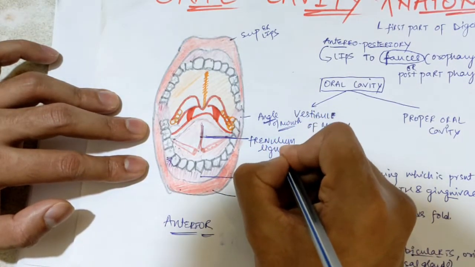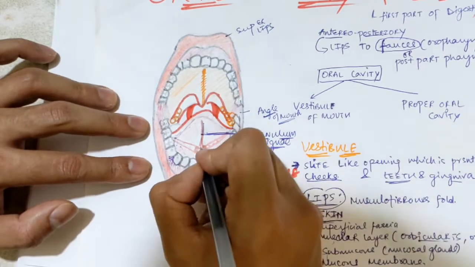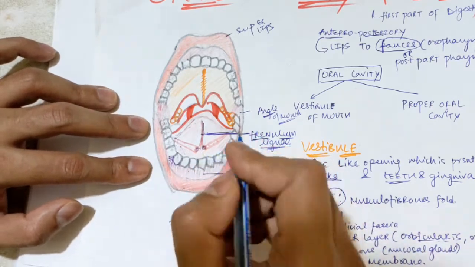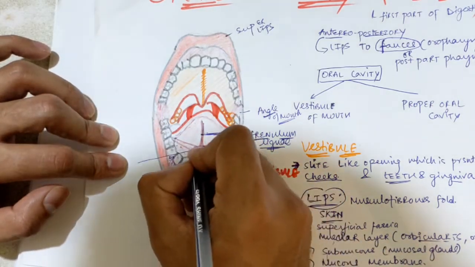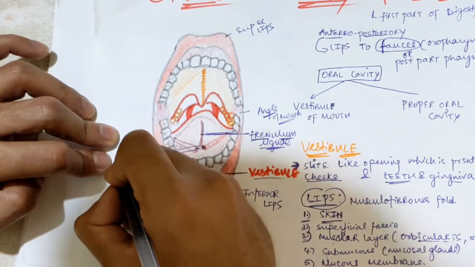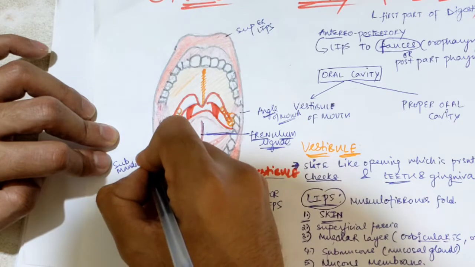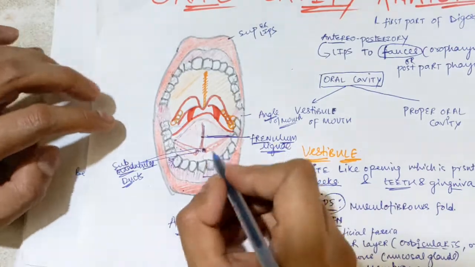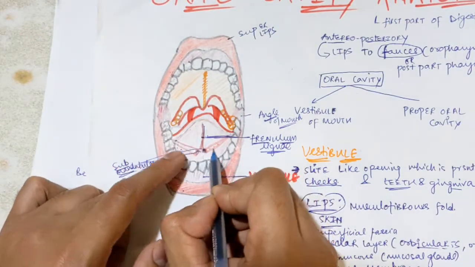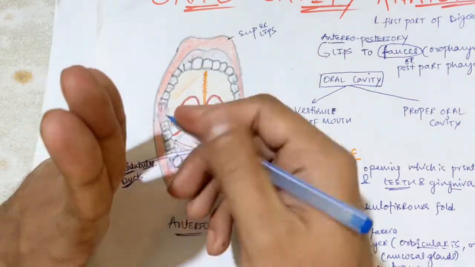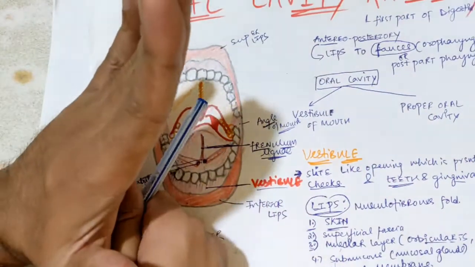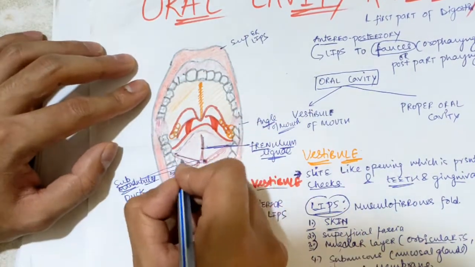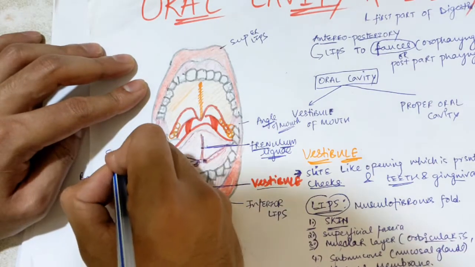Okay, beside that, in the central part there is an opening for one of our glands, that is the submandibular ducts. These two openings are for your submandibular ducts, which will be opening in the sublingual papillae. On both sides of this frenulum linguae there is a fold. There is a fold just beneath your tongue from the lateral sides, one here and one here, and this will be your frenulum linguae. Beside that, this fold, this red one you can see, is called the sublingual folds.